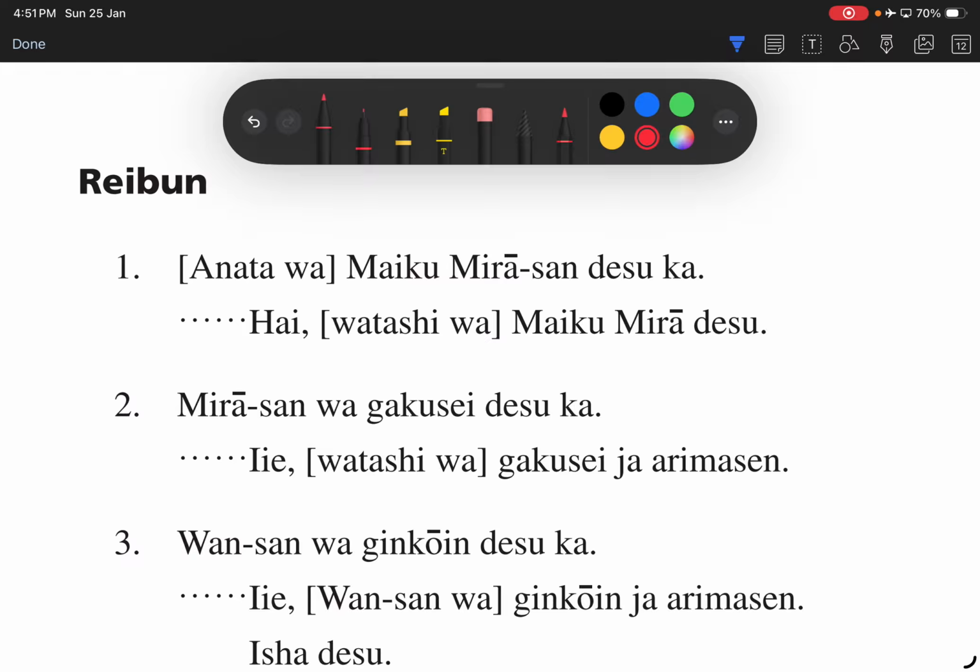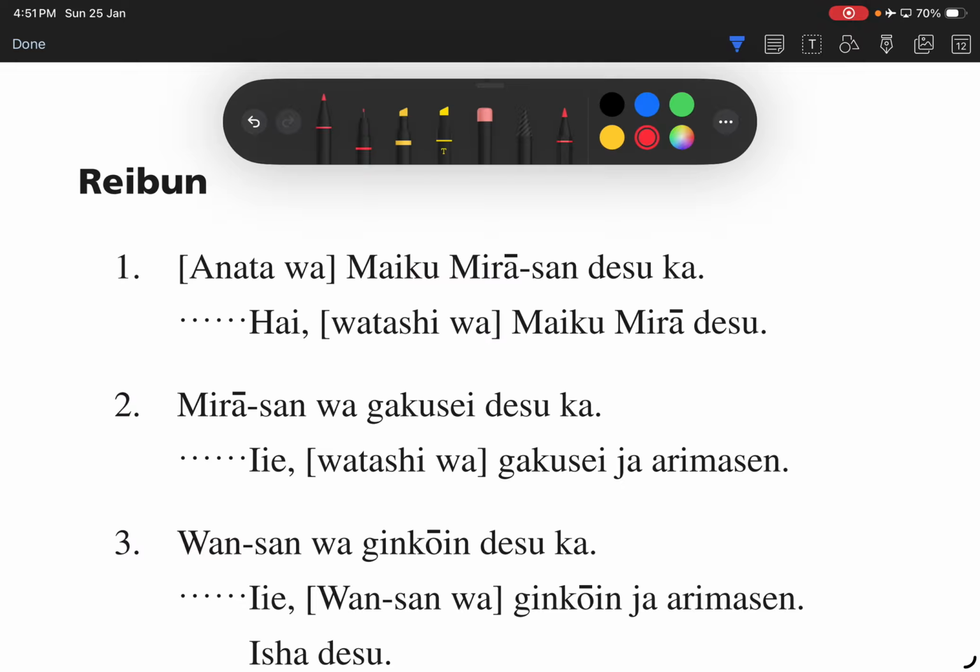If the question is very simple and the other party is able to imply that you're not talking about them, you're talking about you or him, right? Then we can ignore the 私は or あなたは. Then we skip straight to the question. Mike Mira desu ka? Are you Mike Mira? はい、私は Mike Mira です。or はい、Mike Mira です。